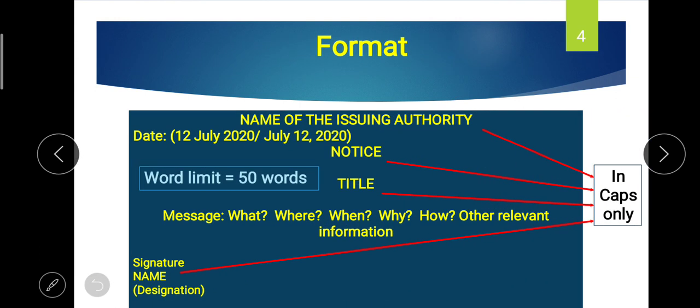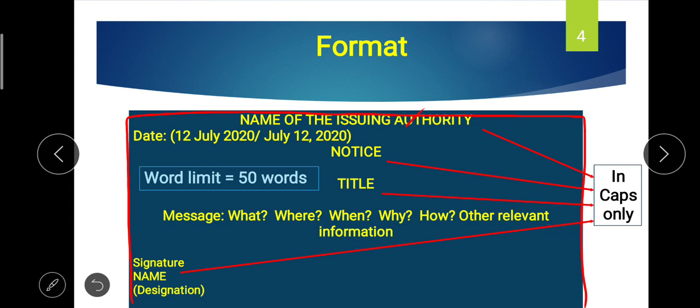Now we'll discuss format. In format, it is desirable and advisable that when we start writing a notice, we should draw lines on 3 sides and leave the bottom open, so that once we are finished with writing the notice, only then we should close it. At the top of the box, we should write down the name of the issuing authority, the name of the